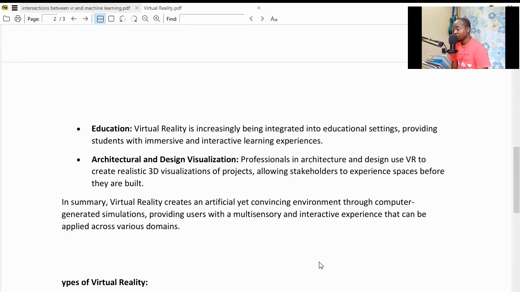It becomes good for students to use this technology to enhance their understanding and their perception, and this will help them even to engage fully